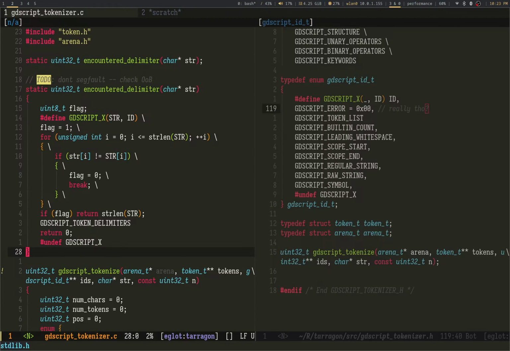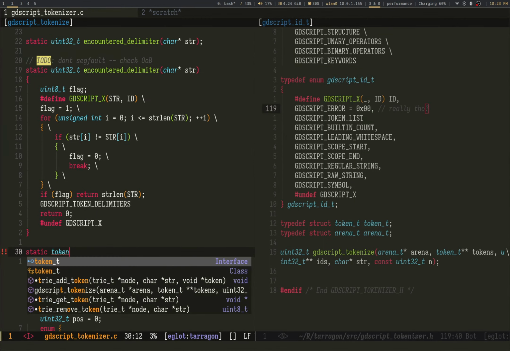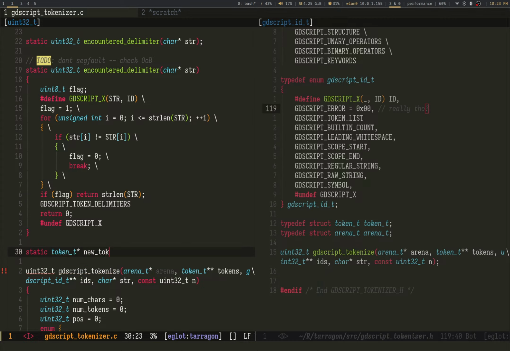So I'm just going to say, hey, static token t star new token.